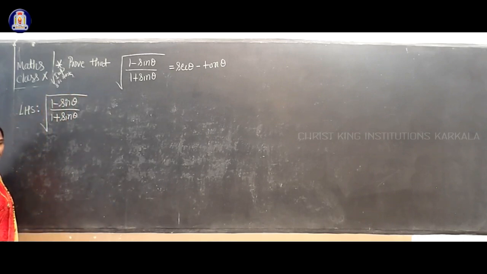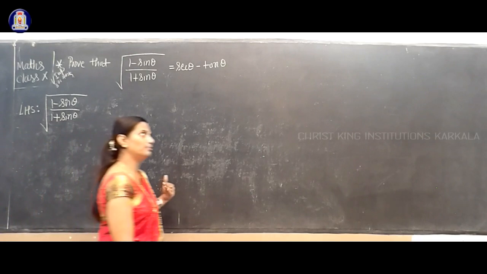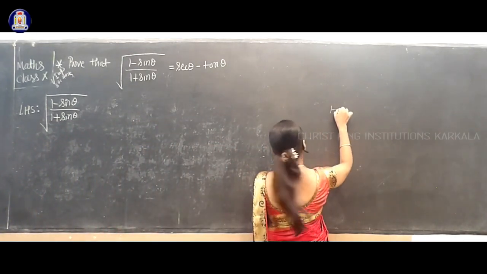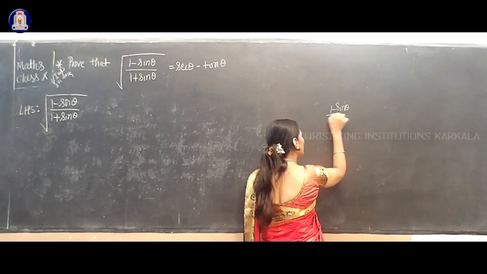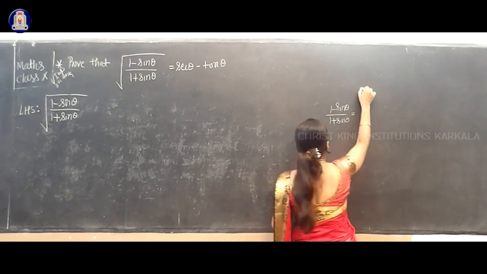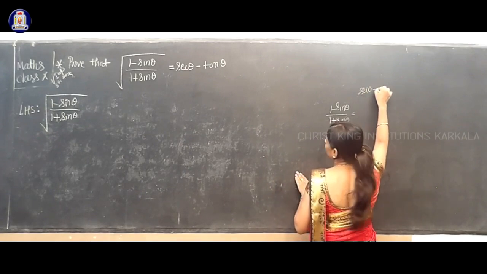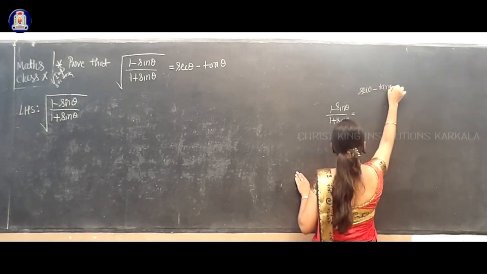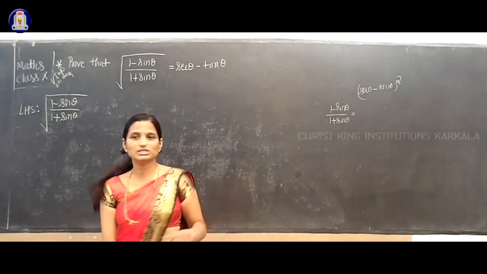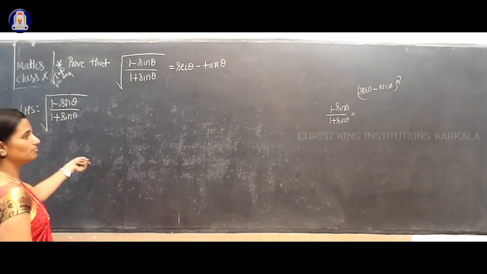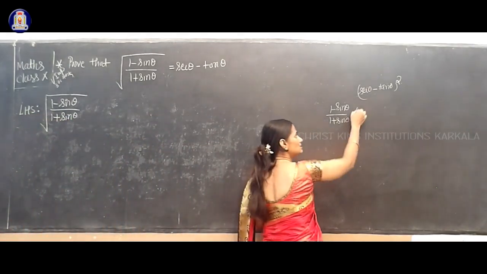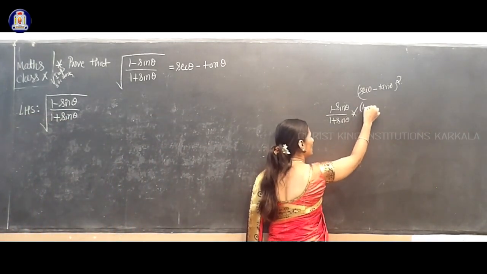This is your denominator. So I'll just recall that previous question. The previous question is 1 minus sin theta divided by 1 plus sin theta. The answer is what? You should get the answer as secant theta minus tan theta whole square, right? How did we simplify this? See the simplification part of this question, then it is easy to simplify this one. So how did we simplify numerator by denominator? By rationalizing. That is 1 minus